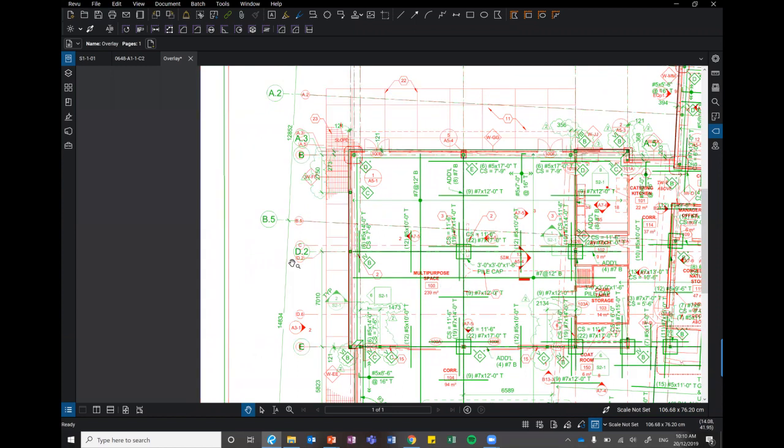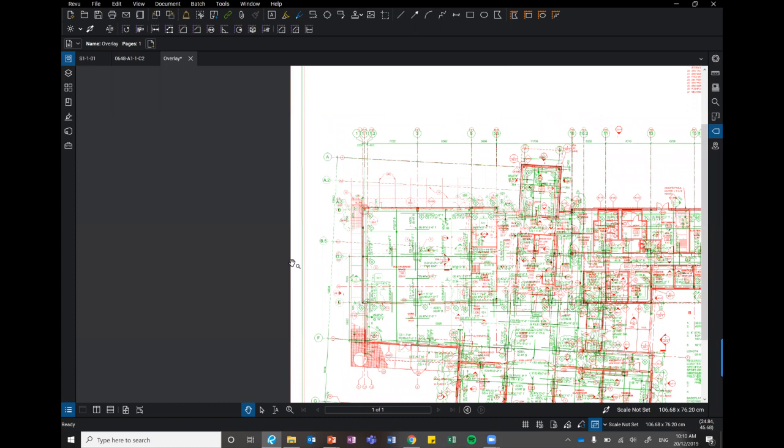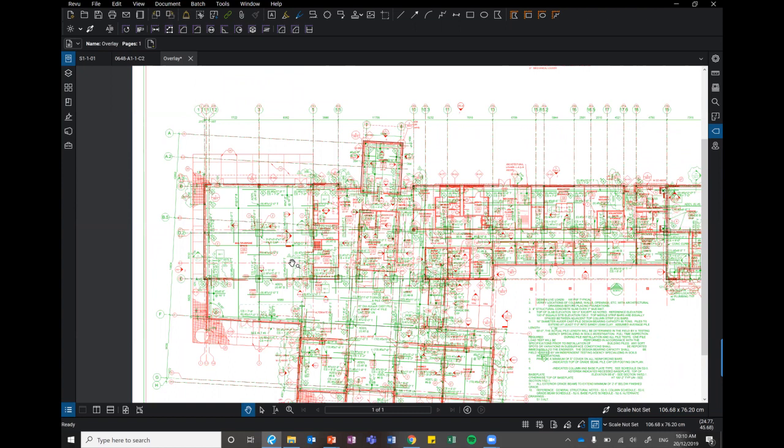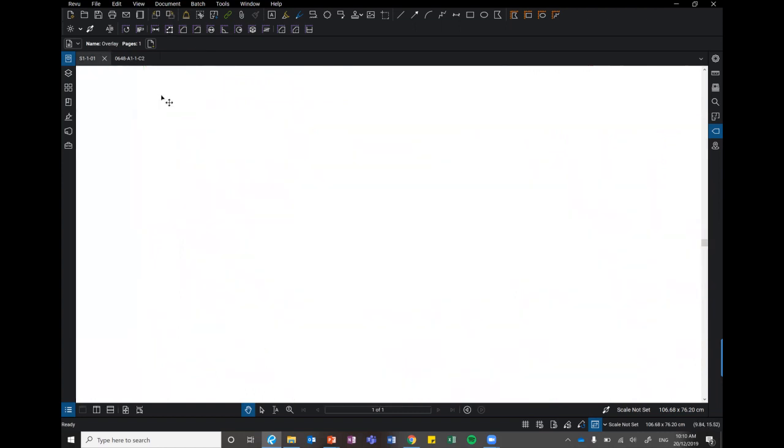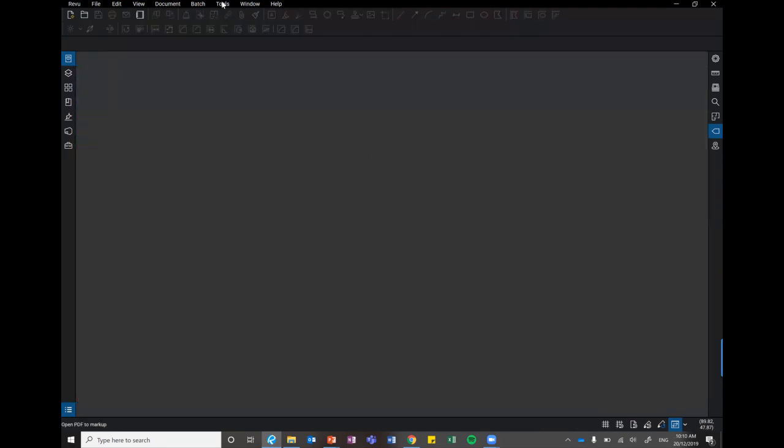All right, so once again, this can be saved out. You can isolate layers, you can do multiple versions. You can add this to MEP on top and see what their coordination is for penetrations. Let's have a look at another option. If we go into some batch tools, and I want to do the batch overlay pages,